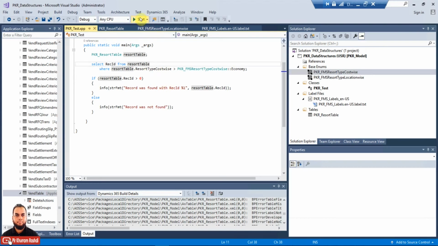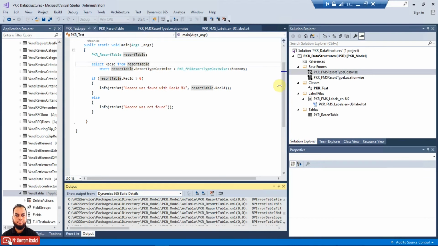So we'll just start our example now. Basically there are two limitations whenever you set the extensible property, is extensible, to true. What is that limitation? We can't use the mandatory property on the fields in order to force a user to select a value. The first element is probably a 0, which is not valid for a mandatory field, meaning a non-zero value should be there. So the mandatory property of a table field we cannot use once it is extensible.